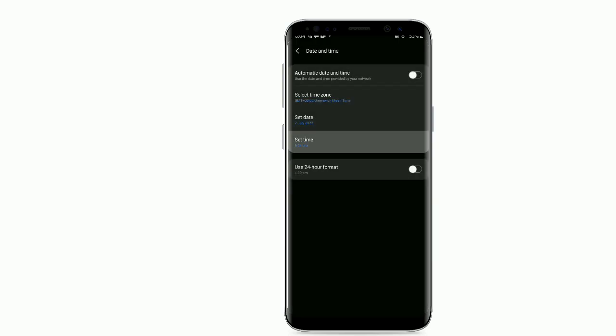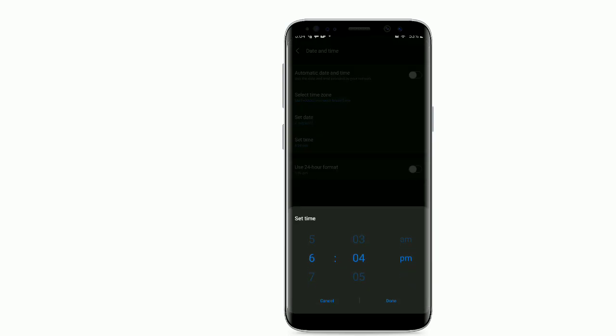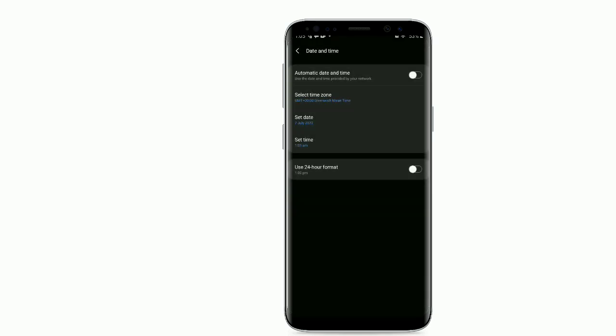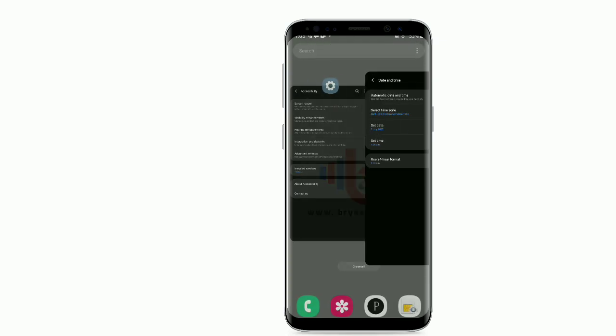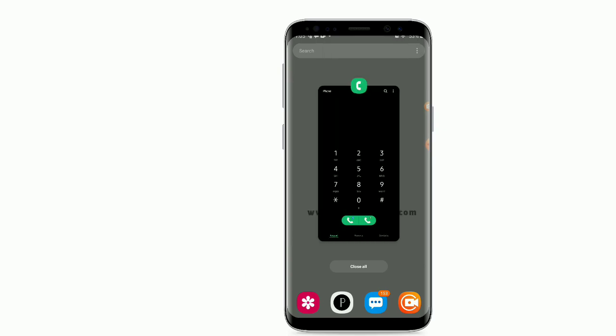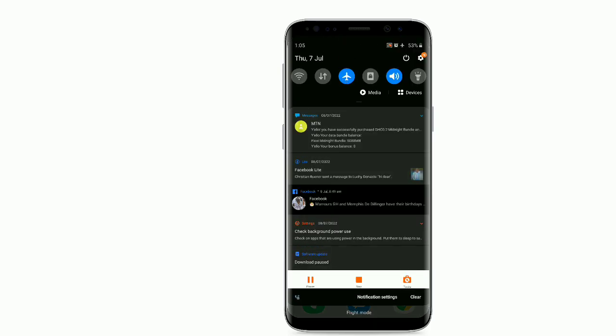And let's move to the time also. Just set the time to the midnight zone. We know midnight zone is 12 a.m. to 5 a.m., but don't set it exactly to 12 a.m. You can do something like 1 o'clock or 1:05 here. Change it to a.m. and click on done. So just close your settings. After this, all you have to do is to scroll down your listing and turn off your